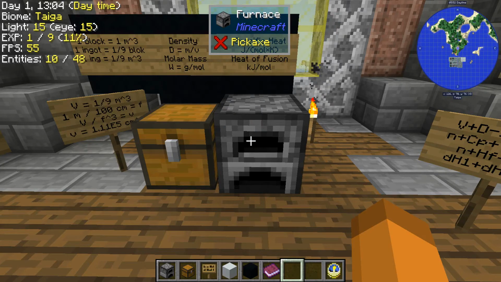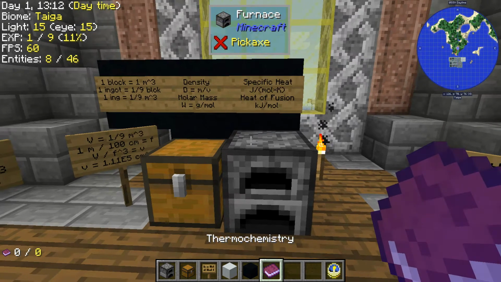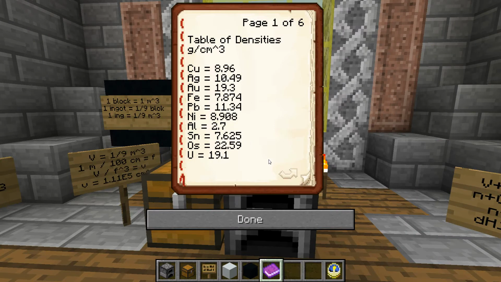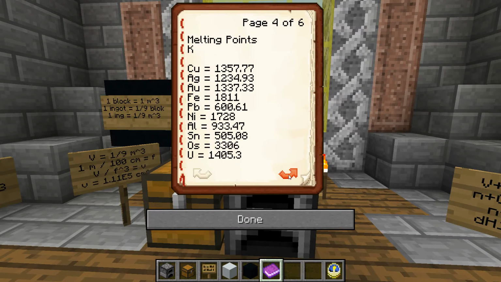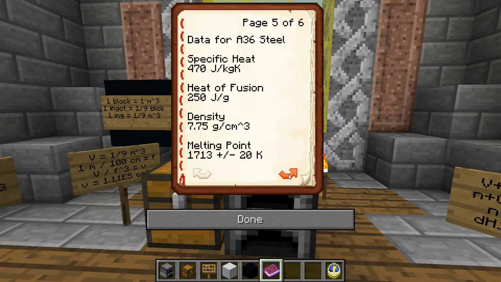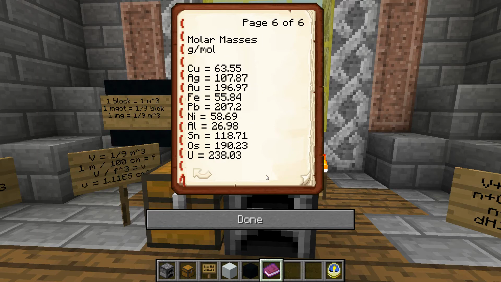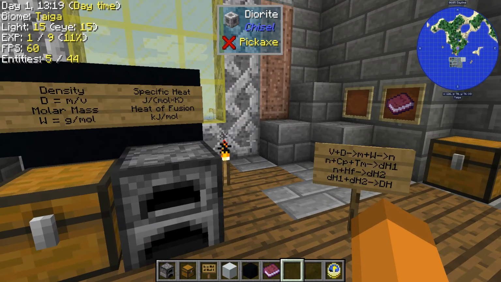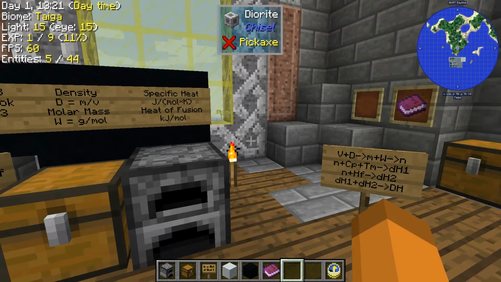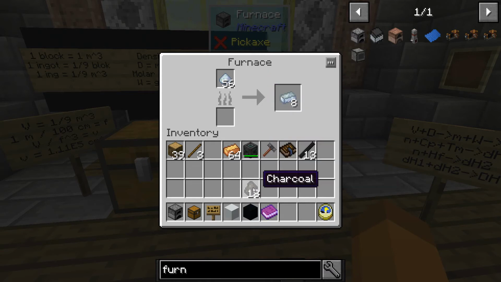At any rate, that ends our thermochemistry series. You can go home, you can work out some of these numbers yourself. You can go back and screenshot through our thermochemistry book, looking at all of the specific heats, heats of fusion, and all of the other conveniently labeled things. Do this for steel. That could be rather interesting because the numbers are a little bit different. Find out for yourself, explore different metals, explore metals that aren't found in Minecraft, and if you happen to be good at coding, maybe you have a way to improve this